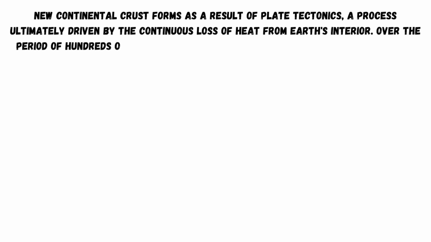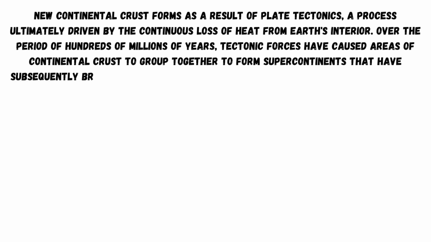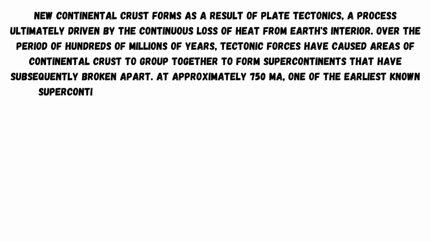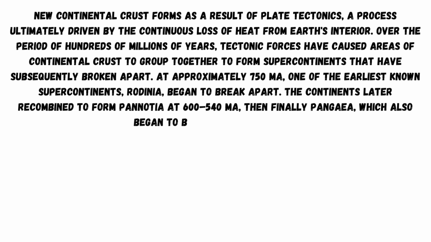New continental crust forms as a result of plate tectonics, a process ultimately driven by the continuous loss of heat from Earth's interior. Over the period of hundreds of millions of years, tectonic forces have caused areas of continental crust to group together to form supercontinents that have subsequently broken apart. At approximately 750 Ma, one of the earliest known supercontinents, Rodinia, began to break apart. The continents later recombined to form Pannotia at 600 to 540 Ma, then finally Pangaea, which also began to break apart at